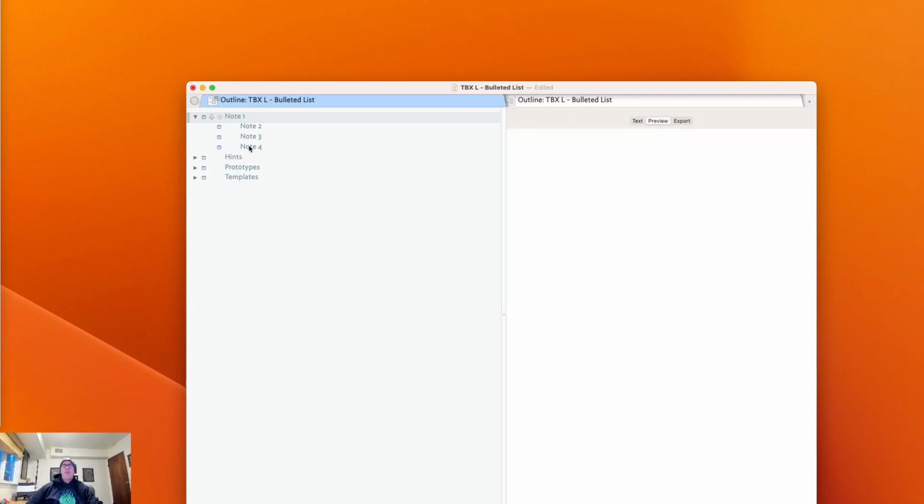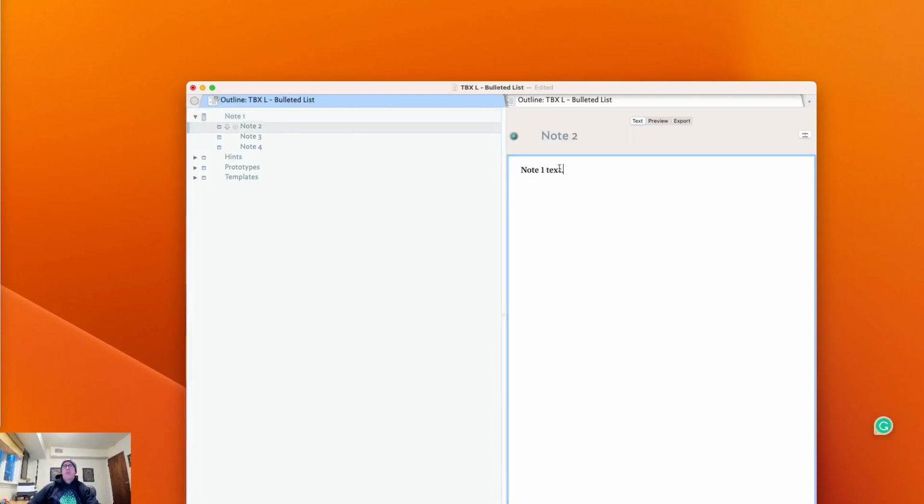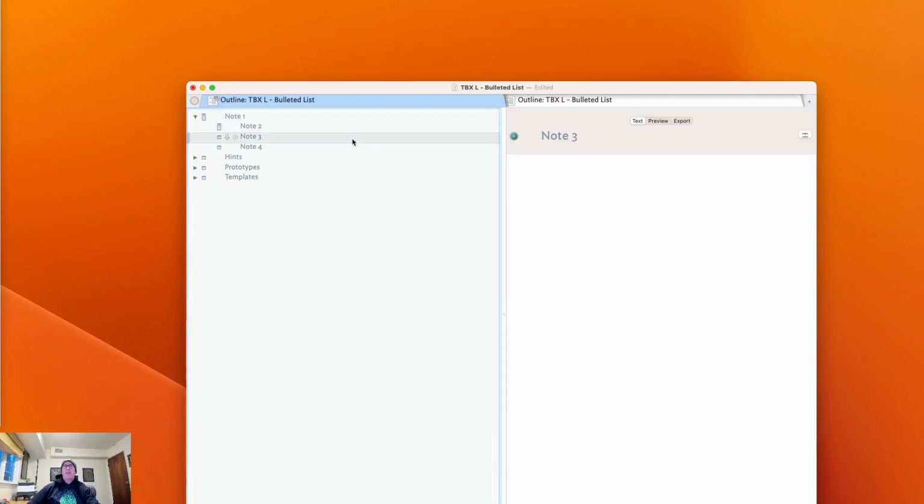So we're going to go ahead and preview these notes, and you'll see that we're not seeing anything in the preview, which is to be expected. So if we go here and say Note 1 text, Note 2 text, Note 3 text, and Note 4 text. Okay, so now when we preview those notes, we actually see text in our notes, which is to be expected. Now let's go back to what we want to accomplish here. We want to be able to have, when I select Note 1, Notes 2, 3, and 4 represented